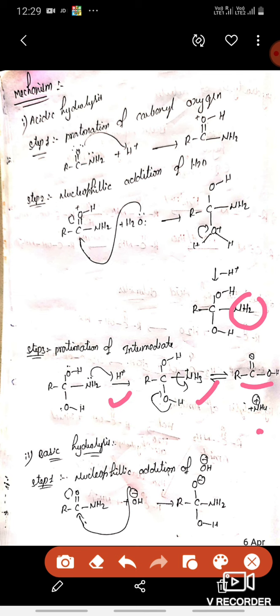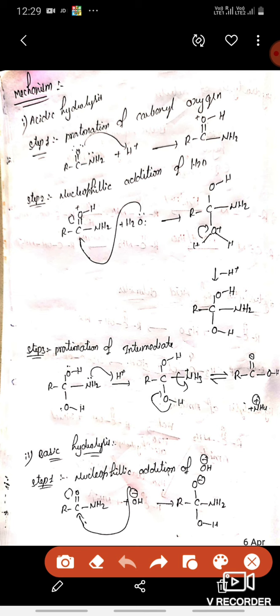To summarize: in the first step of acidic hydrolysis, we add the H positive. Oxygen donates the lone pair of electrons and we generate this intermediate. After that, a water molecule attacks the carbonyl carbon and we get this one. Oxygen does not have the positive charge once H positive is removed, and then gem diols are obtained. To make the NH2 group a good leaving group, we add a proton to it. Now it is a good leaving group, so this bond is shifted and carboxylic acid is generated. By this method we can carry out the acidic hydrolysis.